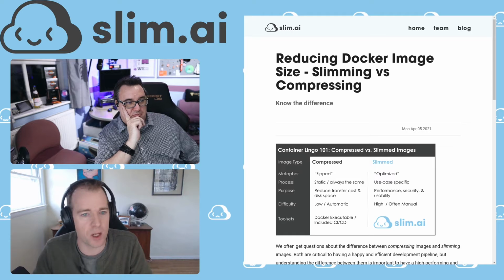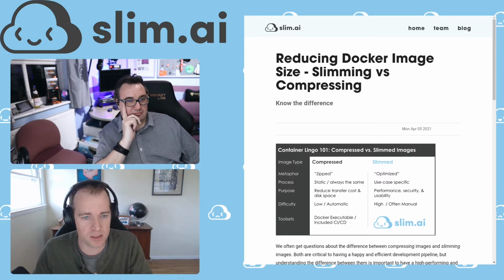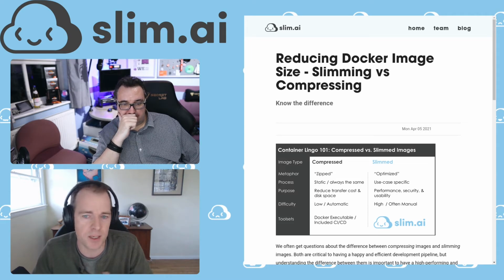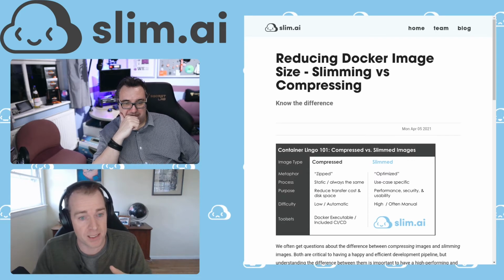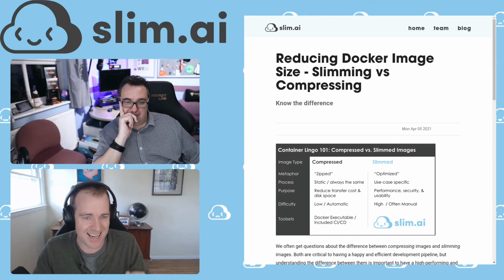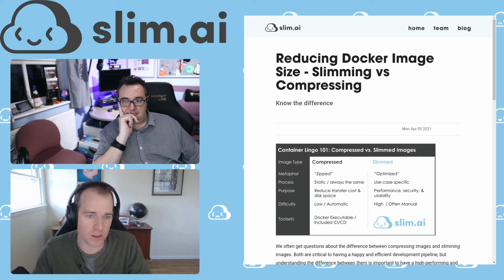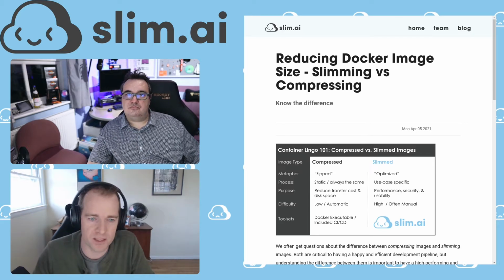So we put together a blog post and we talked to some people about it, and we teased out the difference between slimming and compressing, and we put that article up there so people can go and check that out. But at a high level, when we talk about slimming, we're really talking about optimizing a container and taking steps in a very use case specific and app specific way to make your container run better, make it smaller, make it safer, and do that at every stage of the software development lifecycle.